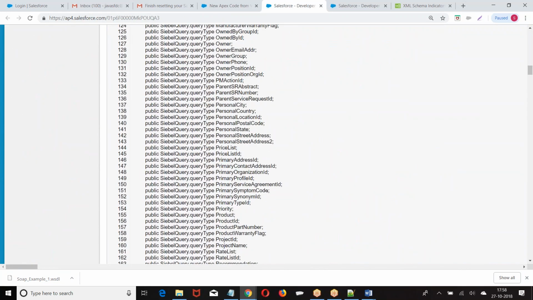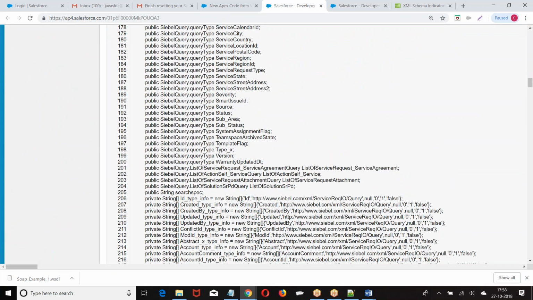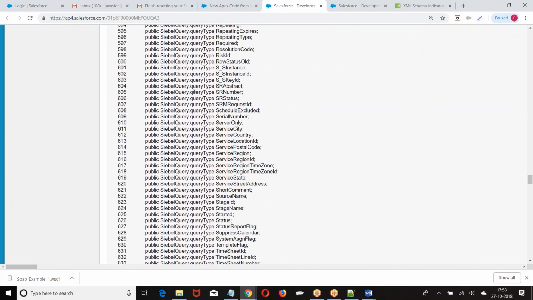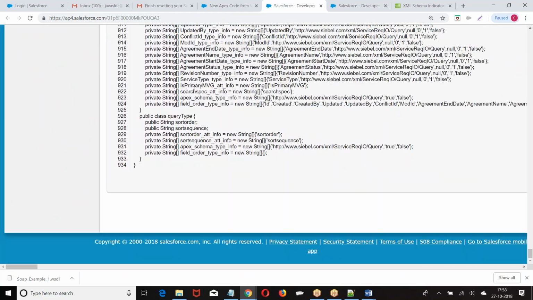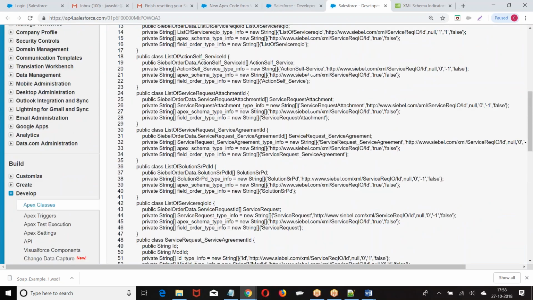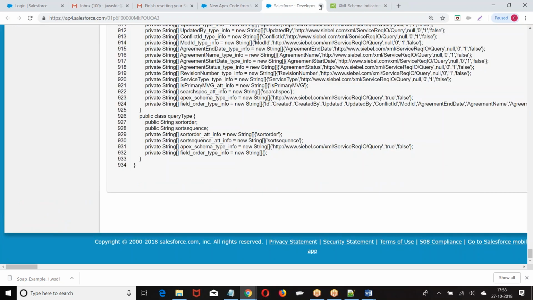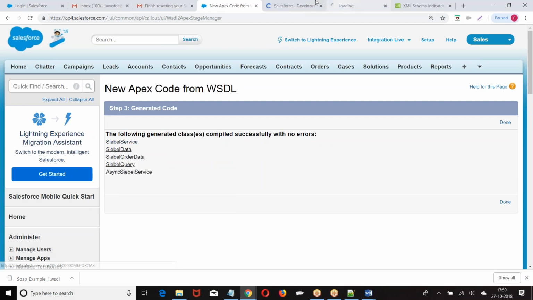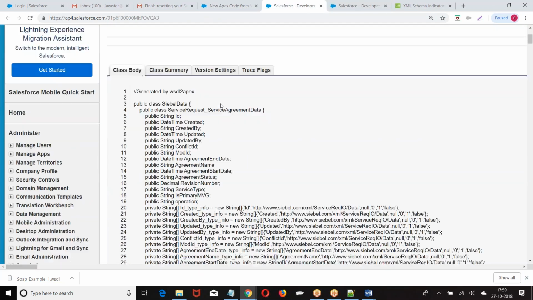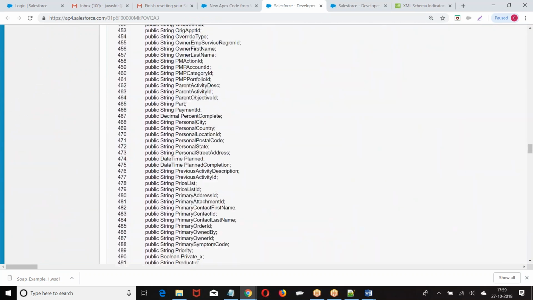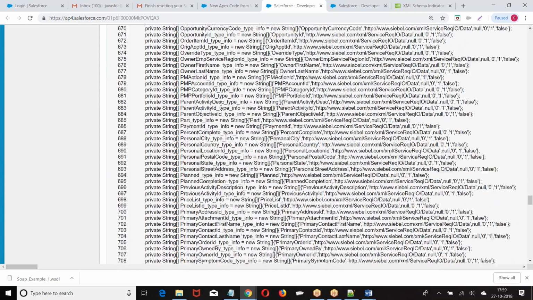So now the issue here, how do you know which will be the main class? Now look at this, a lot of classes are coming. How do you know in which class my service is available? All these are wrapper classes used in the request. Now what should I do? How do I know what is the main class for me? There will be only one class in which methods will be there. The rest of the classes will contain only wrapper class data.